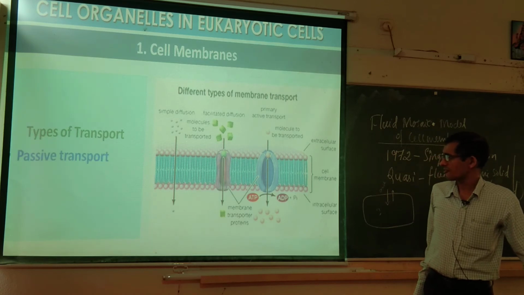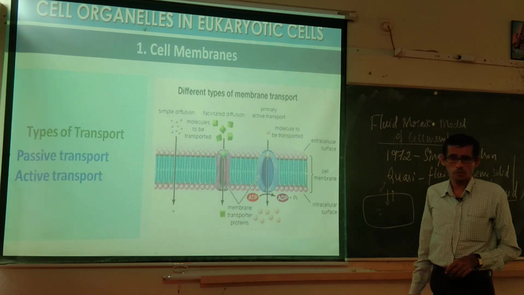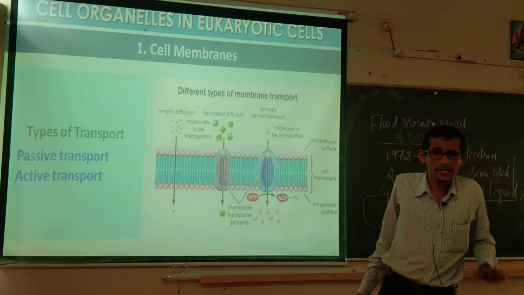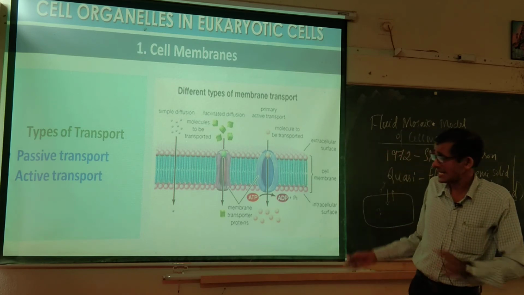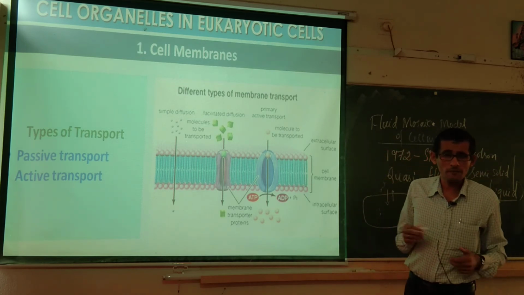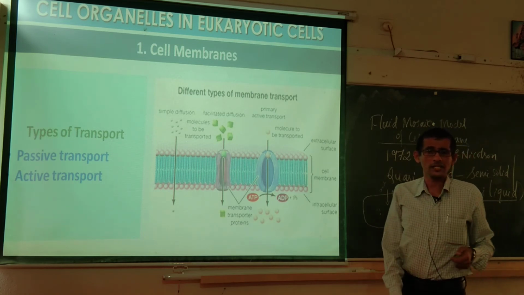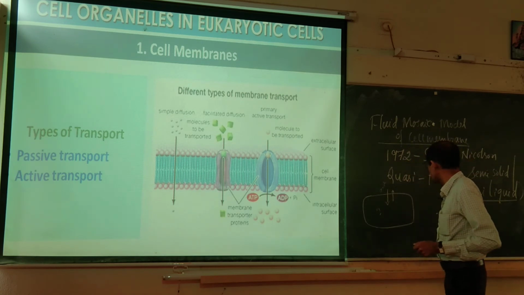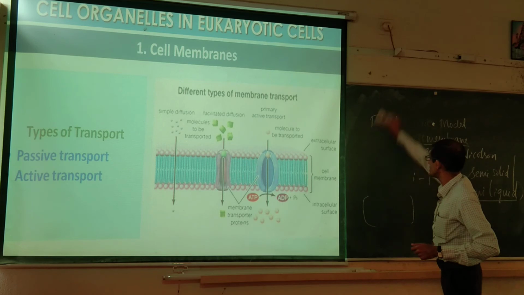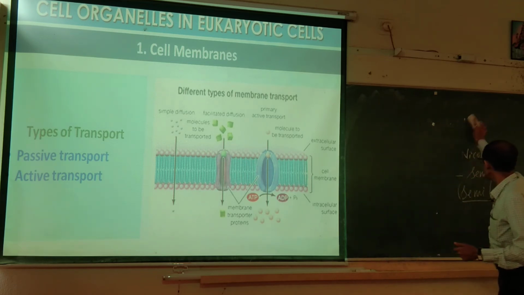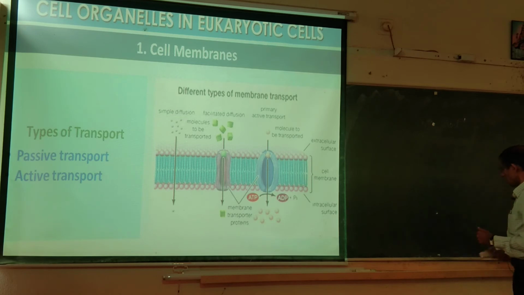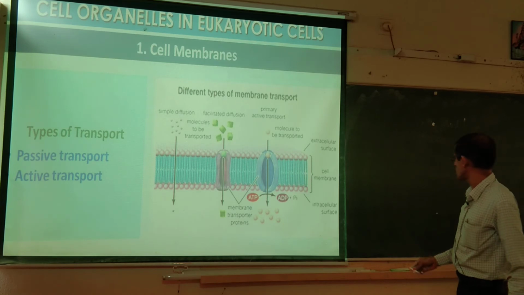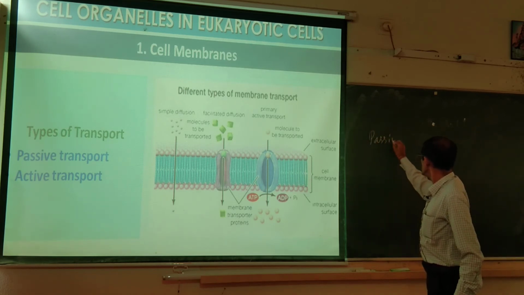Now, types of transport. There are two types of transport between the outer side and inner side of the cell, happening through this plasma membrane. Why have we tagged it here? Because the plasma membrane plays an important role in the transport of this material. So there are two types of transport, my dear students. Remember Singer and Nicholson, the fluid mosaic model with the diagram, and the important basic features of the fluid mosaic model. Now the types of transport in that, passive and